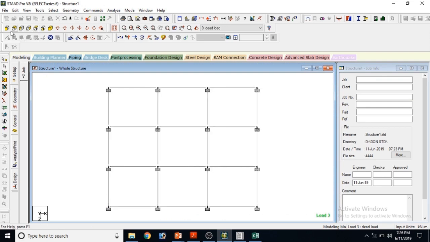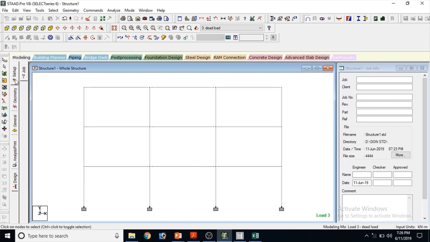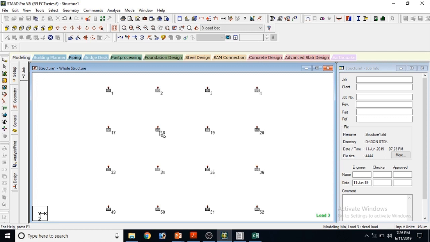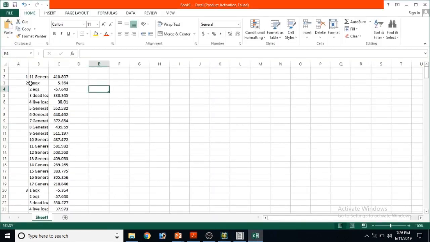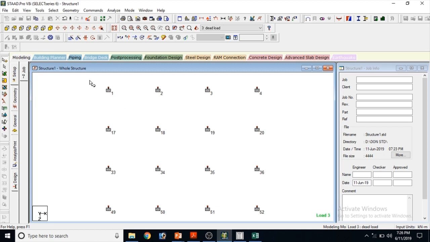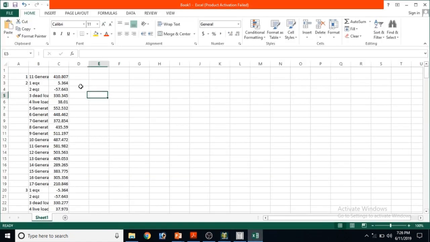from top view, select the node cursor, view only, top view, shift N. So like this, for this case we have node number 1 is 408. So node number 1, this is 408 kN. So to design footing, we have to take this loading, 410.8. So now we can proceed with footing design in